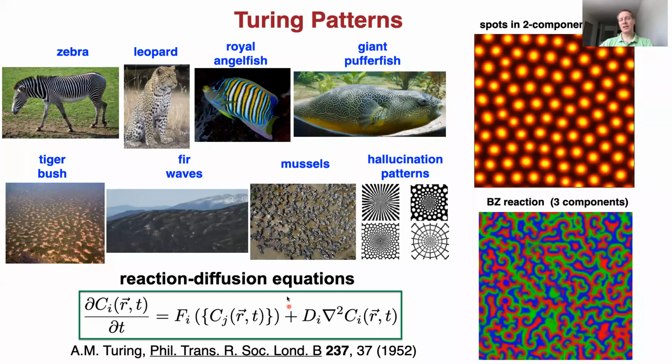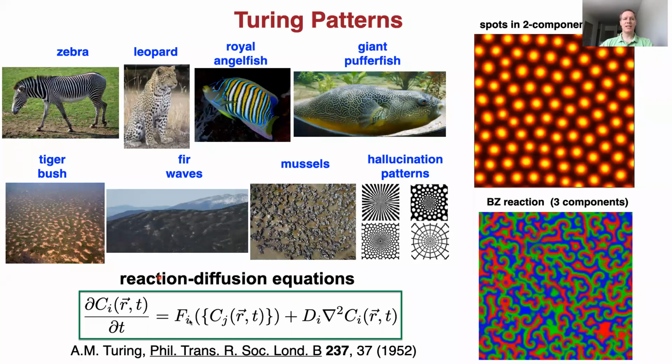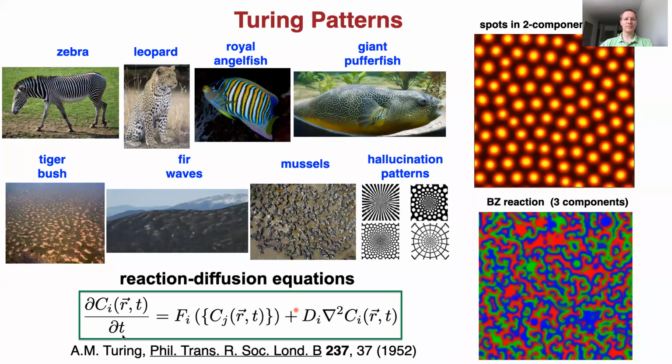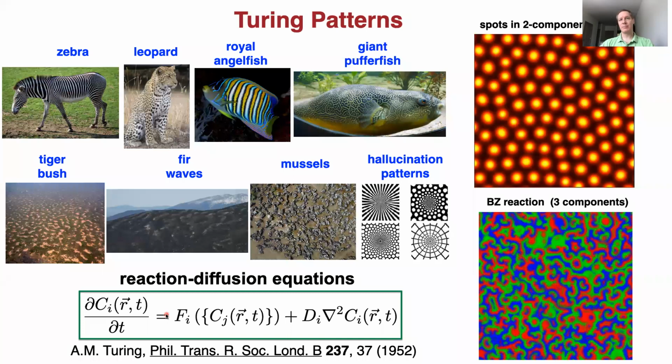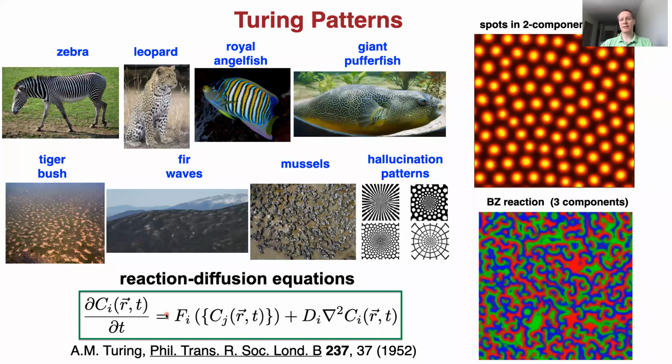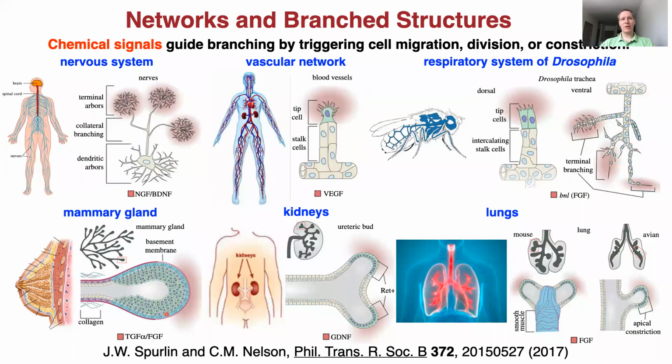There are definitely also instances where patterns can arise from other mechanisms, but this was a turning point. This paper by Alan Turing gave biologists a reason to start thinking about these patterns in a completely different way. Okay, so the reason why I mentioned these chemical patterns is because quite often